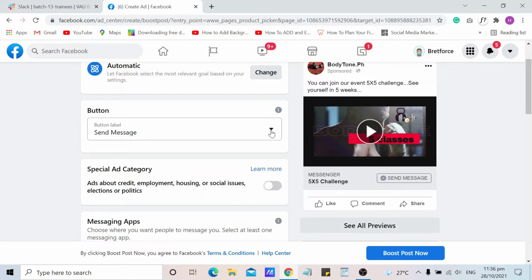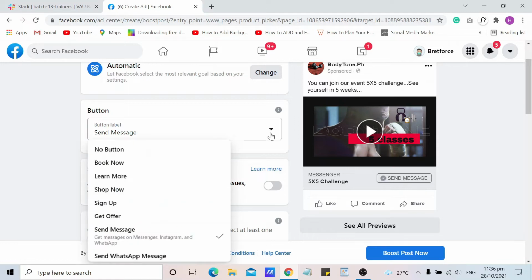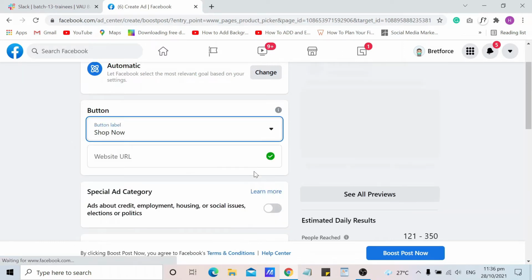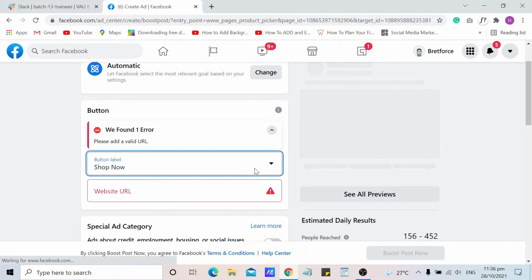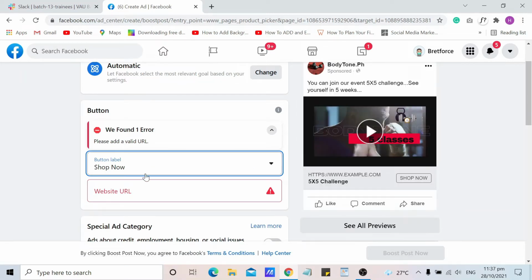You can also select the button label of your ad. You can select more button, book now, learn more, shop now, sign up, get offer, send message. I will choose shop now. It needs to enter a valid URL.